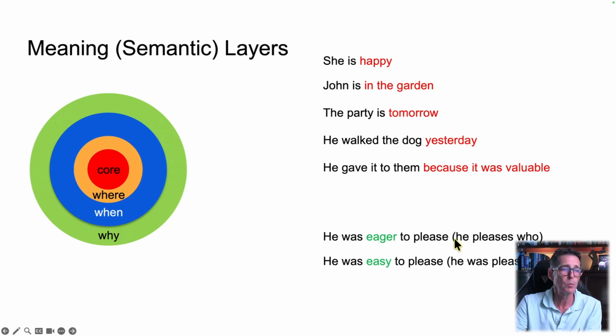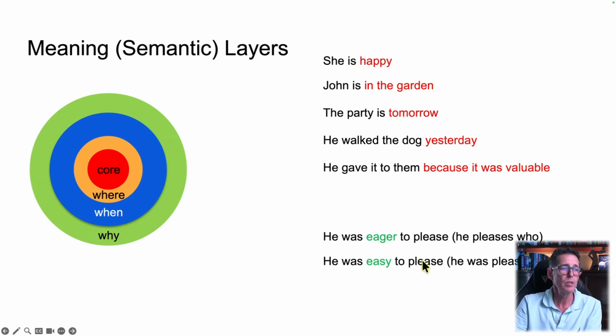If we say "he was eager to please," this is one of the old linguistic issues that people were concerned about in the past. If you're eager to please, what does that mean? Well, it means you're eager, and we take this argument "he" and pass it forward to the rest of the sentence. He pleases. Now, if you say he pleases, the question is, who does he please? Well, we don't know, but he was eager to please someone, and so our interpretation takes the fact that he's eager and also that he pleases someone.